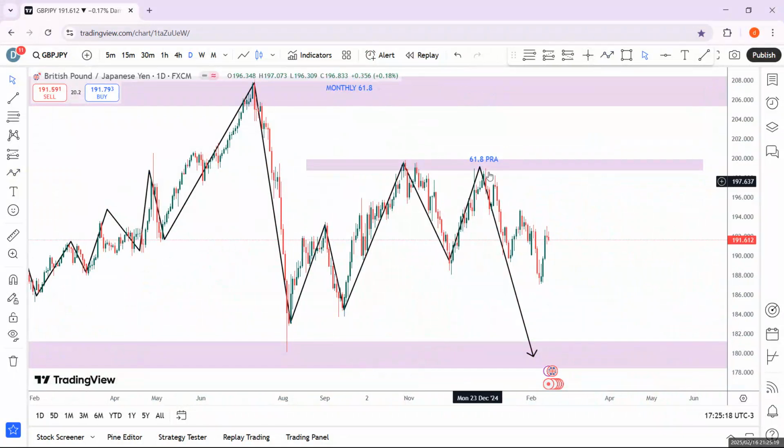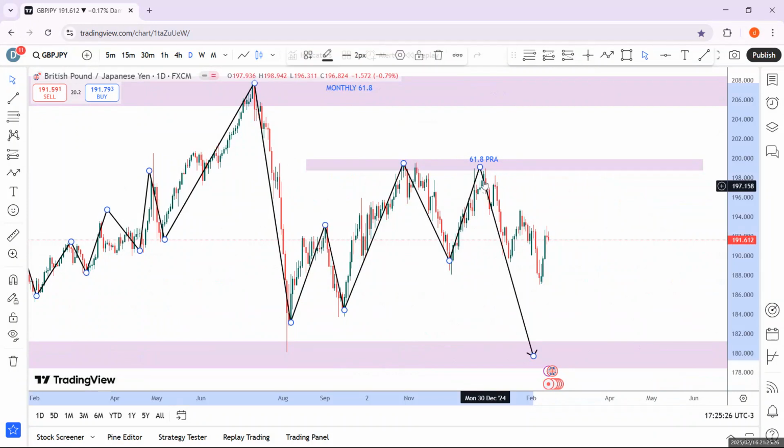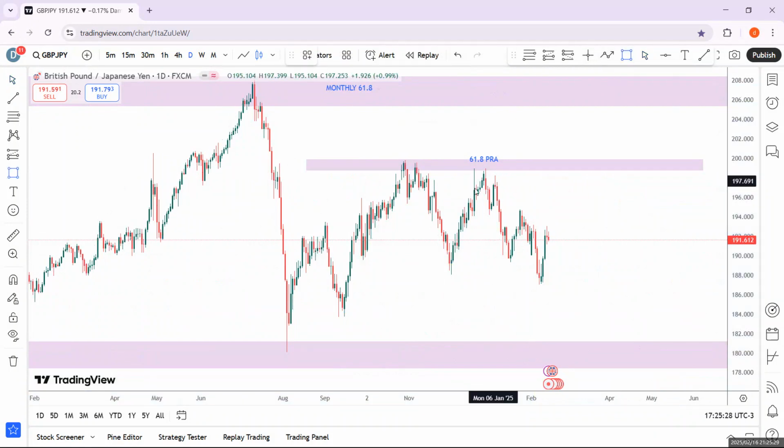Our job, now that we know price is bearish as far as this level, is to figure out how we can tap into a real-time trade entry opportunity. Okay, so it's going to be simple. We are going to take this movement. We can start from here, from the second move that took price to 61.8, to this level to read the